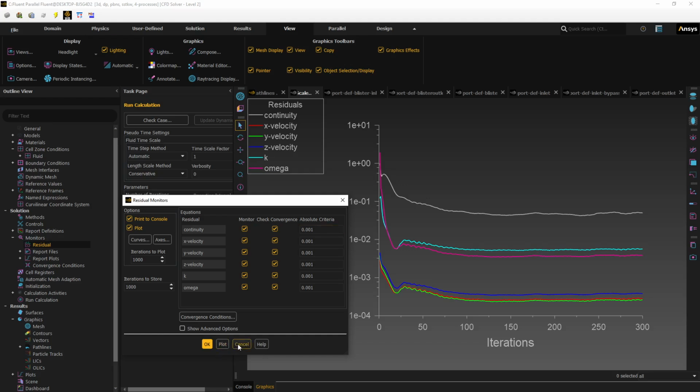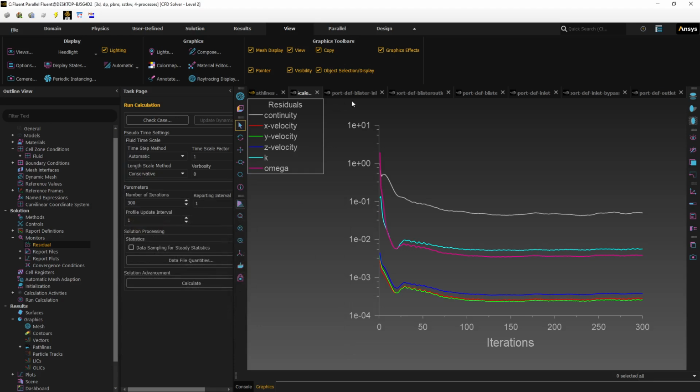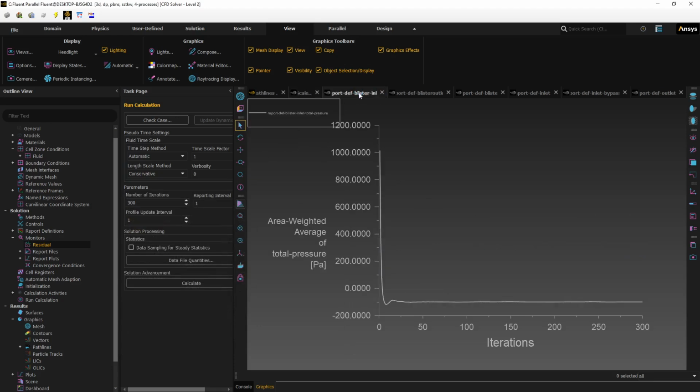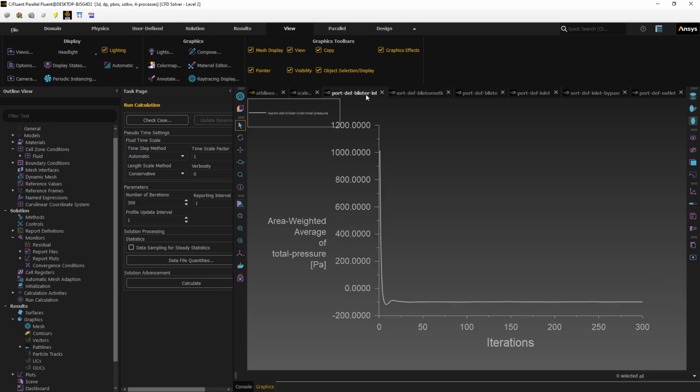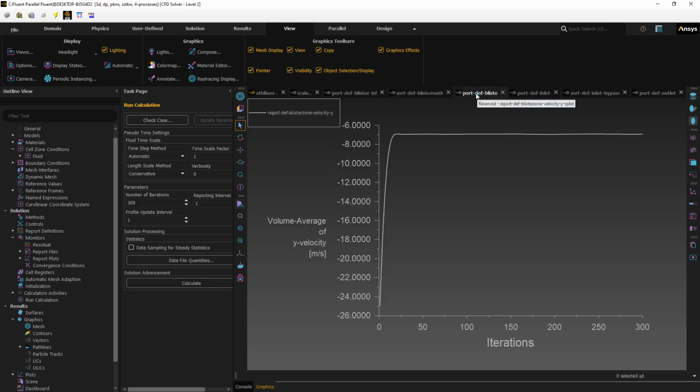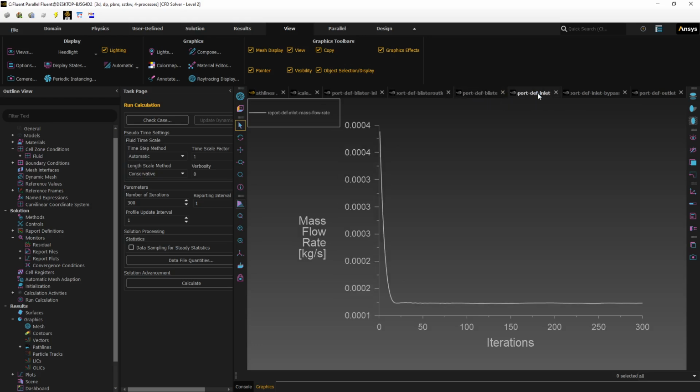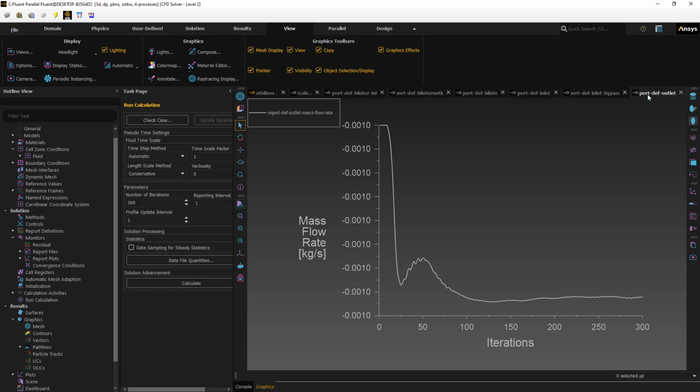But it's good enough to look at the other important things that average out more quickly. Total pressure is converged at the outlet and the inlet, the Y velocity, the mass flow rate at the inlet and outlet, and then total mass flow. I guess that's outlet mass flow, which was a boundary condition,